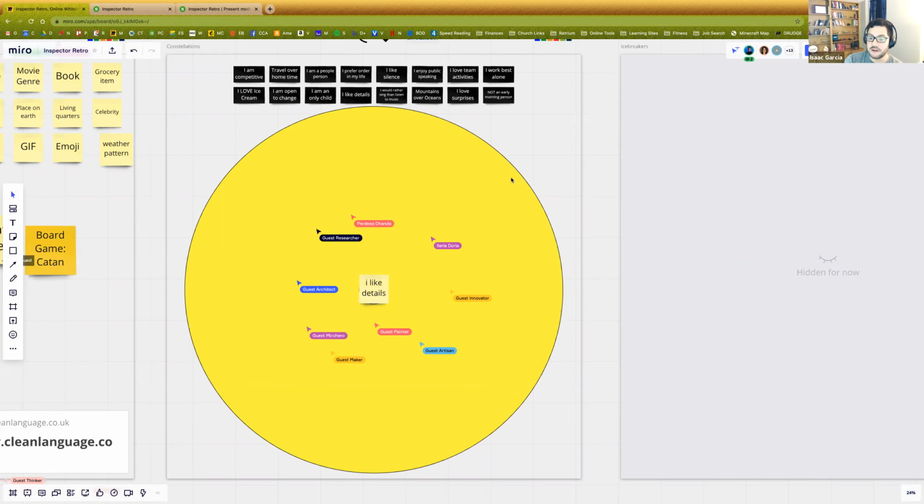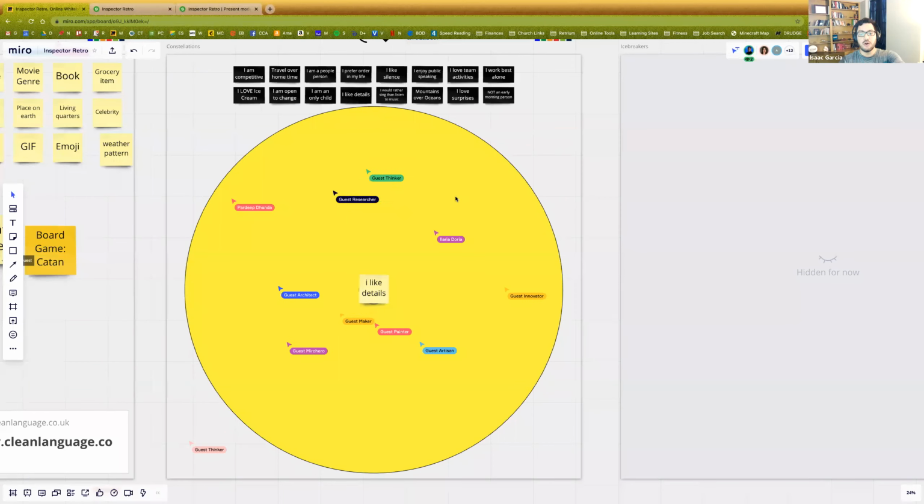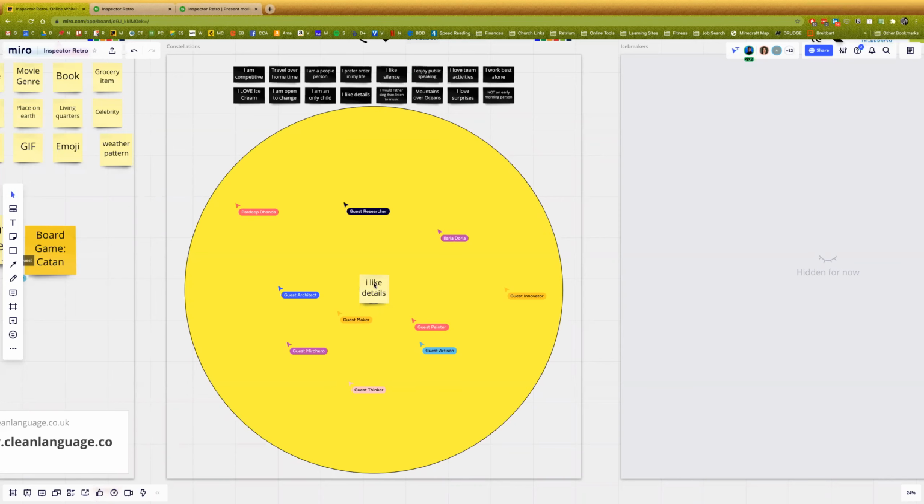If you have people who have accounts in Miro, you can actually see names. So a lot of you are guests, which is fine, but you can actually see where people are. What I would do if you were facilitating this, and I did this 2 weeks ago with a team, is have them each make a sticky note with their name on it, and they put their sticky note where they were in the circle. And then you move that prompt off to the side, and you grab your next prompt. I work best alone. You put that in the middle, and you have people move in.